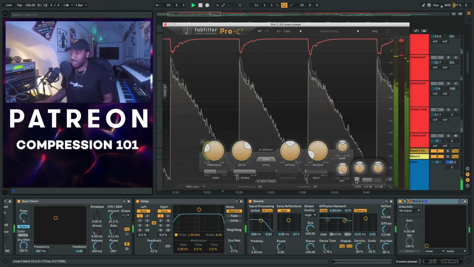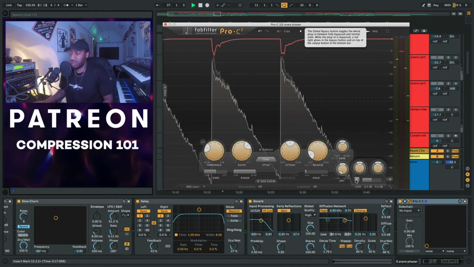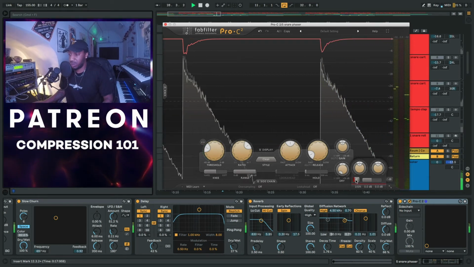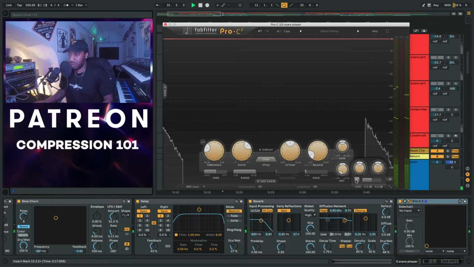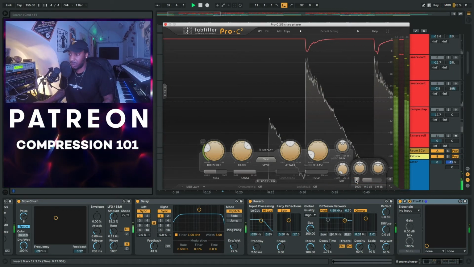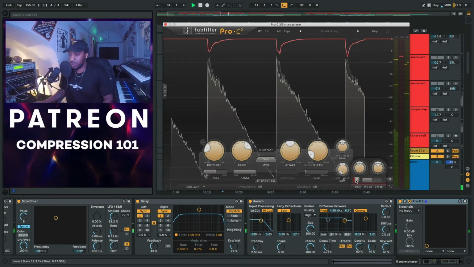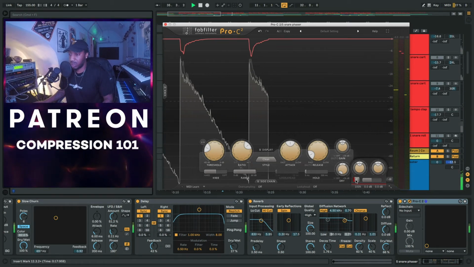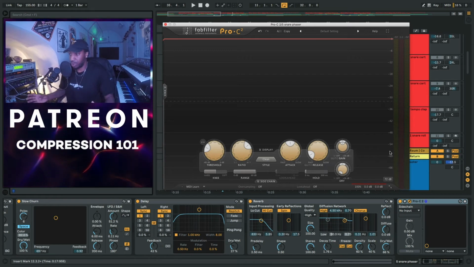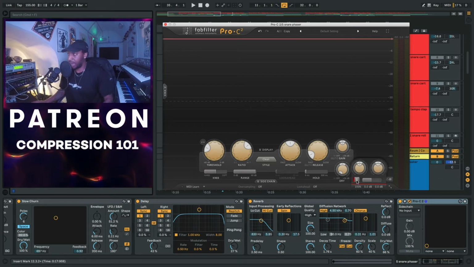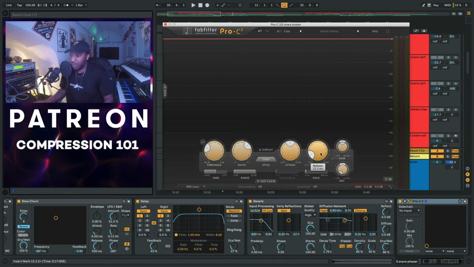So let's have a little listen to the difference. With the compressor off, we're hearing more of the room, more of that body of that snare, more of that reverb. And then with the compressor on, with this setting, so slow attack, fast release,